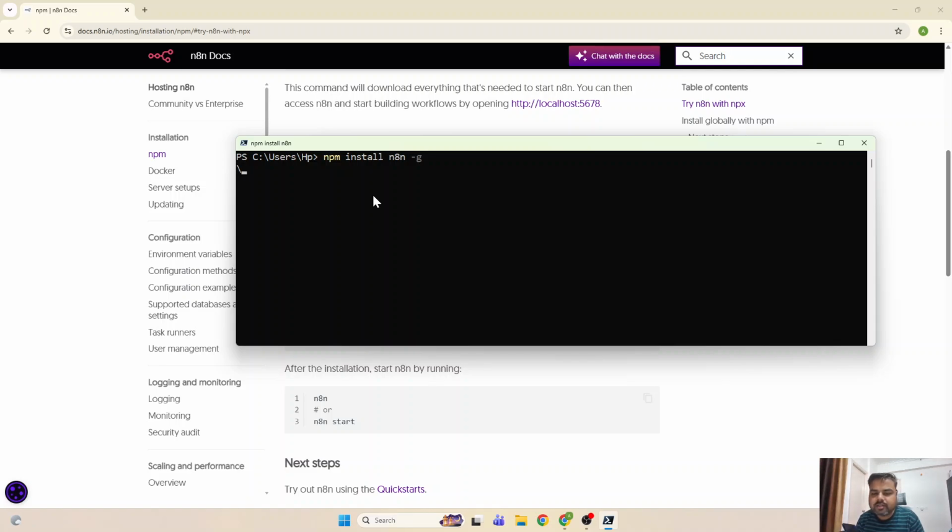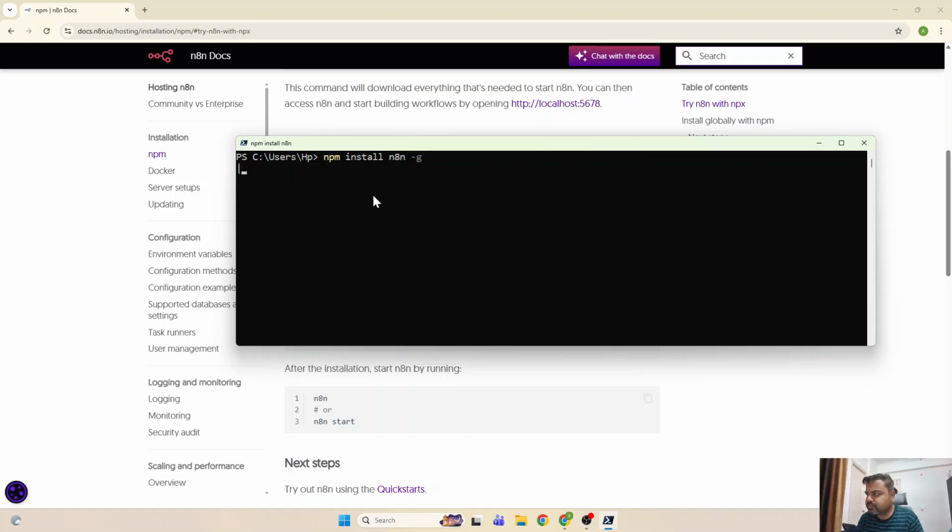If you have already installed N8N on your local laptop, you can also update it to the newest version so that your version is compatible with the automation tool that you are using, because certain older versions are not compatible with certain workflows. So we need to keep our N8N workflow automation tool updated